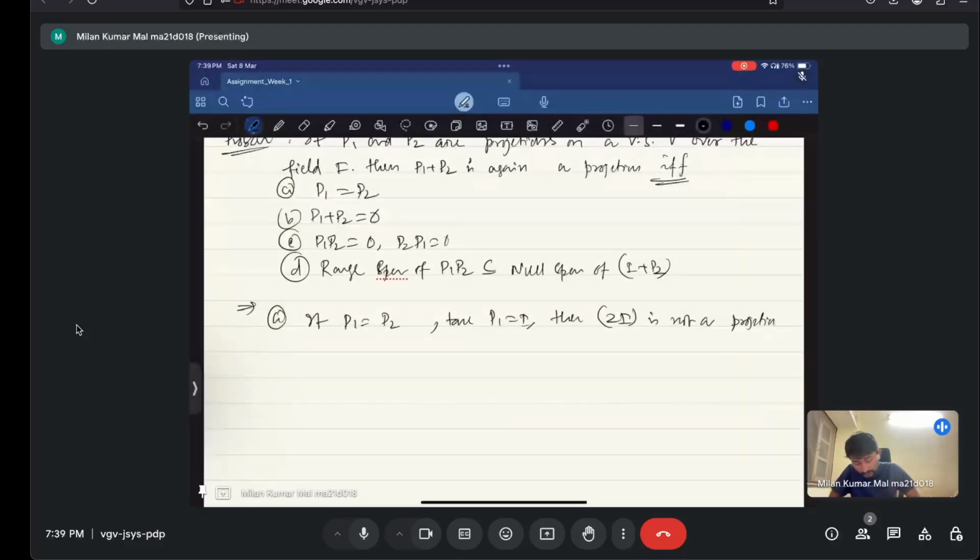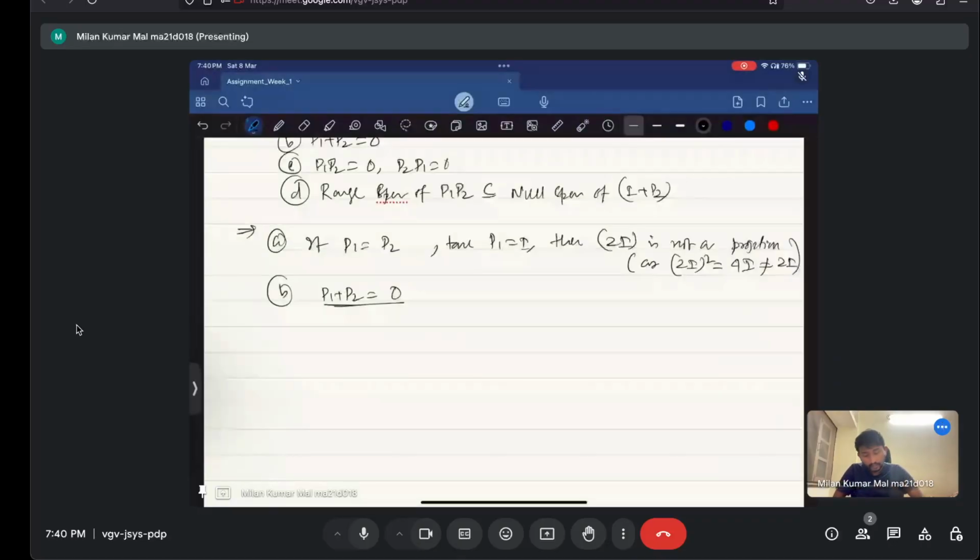The second one is that P1 plus P2 equals 0. If P1 and P2 are projections and P1 plus P2 equals 0, then it is a projection, that's true. But if P1 plus P2 is a projection, and provided P1 and P2 are projections, then P1 P2 needs to be 0. That is false. Why is this false? Because, for example, if one takes P1 equal to